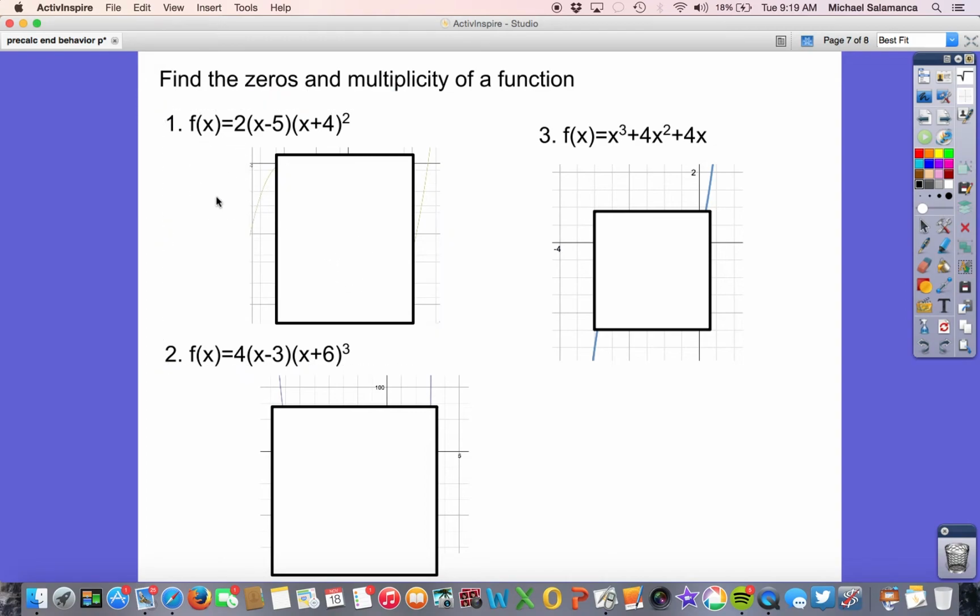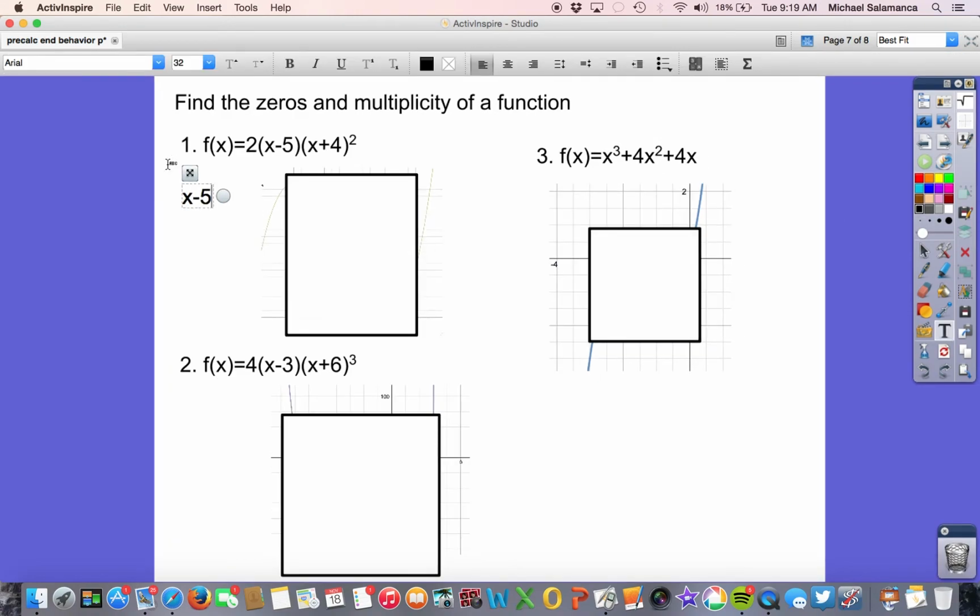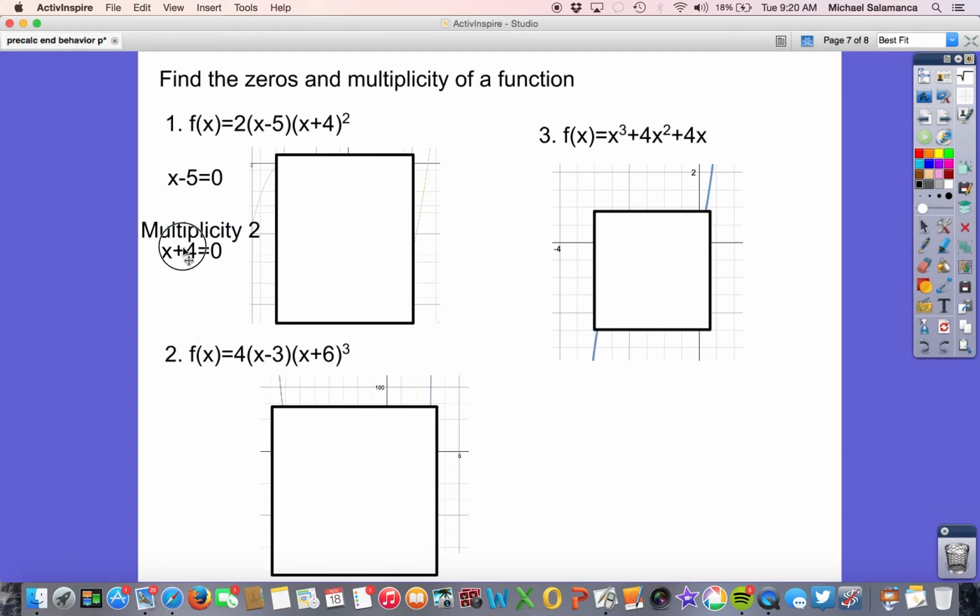In example 1, the first thing we're going to want to do is solve for x. Because this is already factored, and we know we have the zero product property, we can type in x minus 5 equals 0. We can also type in x plus 4 equals 0. Now, because we have x plus 4 quantity squared, that means we have this with a multiplicity of 2. Multiplicity of 2 because it's squared, that means we have it twice. So when we solve both of them,